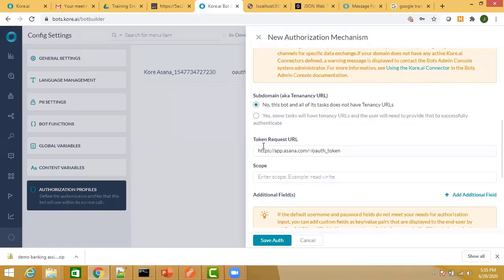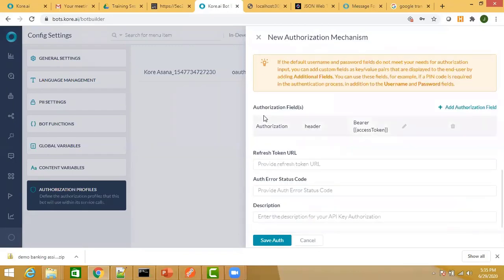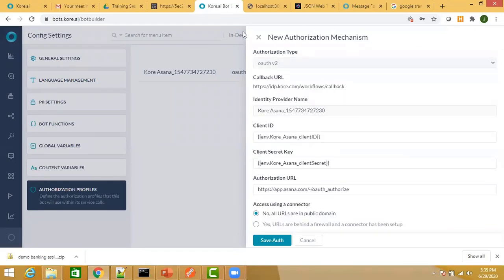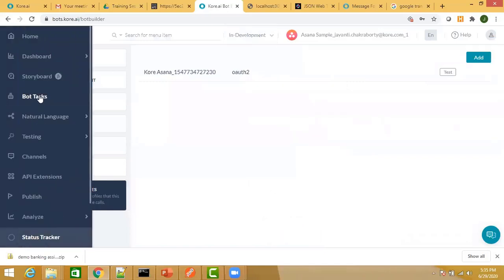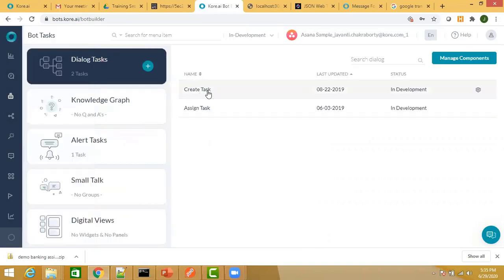So these details are fetched from there. You create an authorization profile in this way, and once you have created an authorization profile, what you can do is if you come to each of the bot tasks where we are making an API call, we use the authorization profile along with the API call.